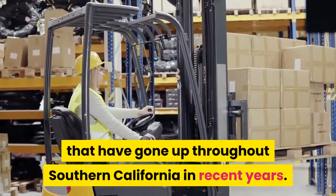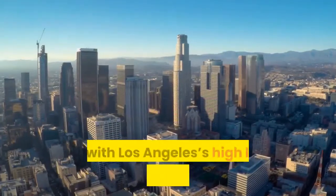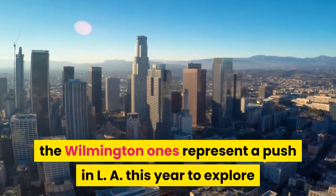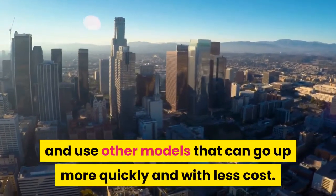California in recent years. They also exist in Riverside, the San Fernando Valley and Redondo Beach. But with Los Angeles's high land and construction costs, along with added regulations to build, the Wilmington ones represent a push in LA this year to explore and use other models that can go up more quickly and with less